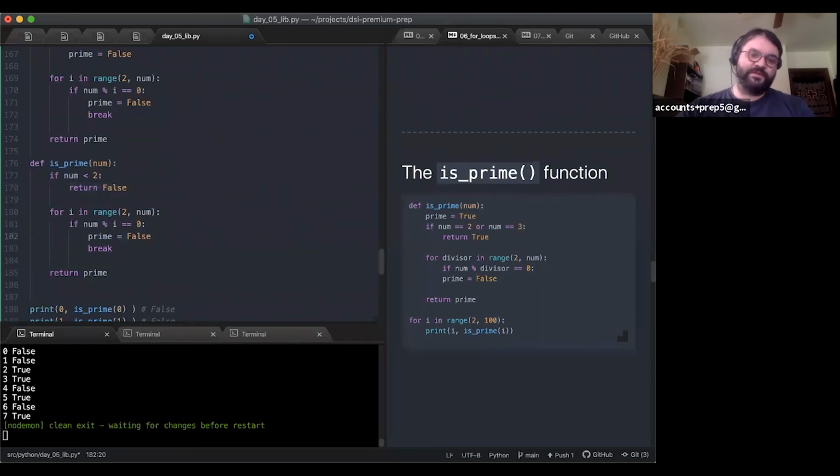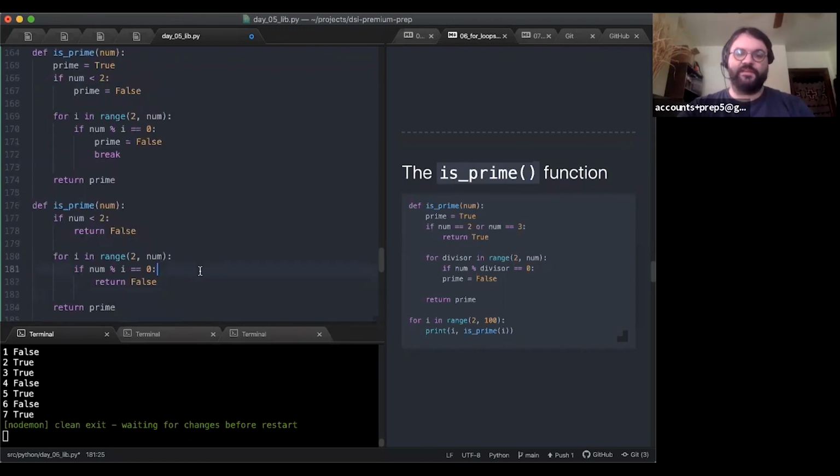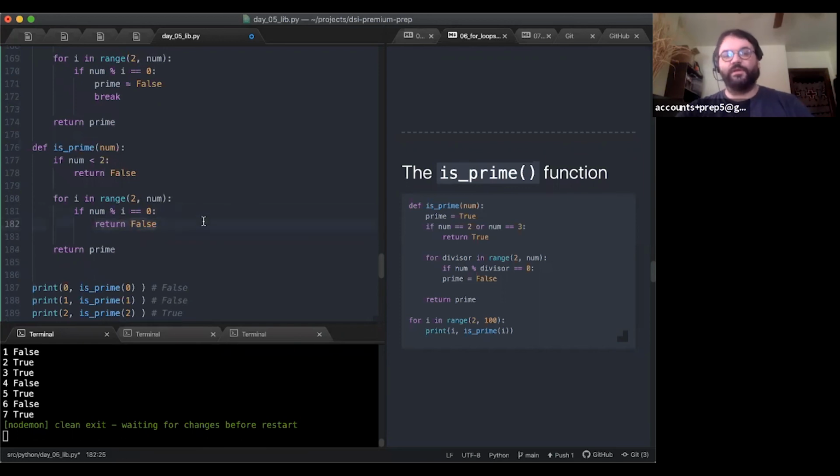Same thing here. We don't need to break. We can just return false. And that's a de facto break on the loop, right? Because even if we're in the middle of a loop, if we run that return, we don't do any more iterations. We stop looping altogether. If our number is not less than 2, and we loop through the range, and we don't find a value of i that's evenly divisible into num, and we don't return false, then we've made it all the way through this loop, then we can just return true, right? So this is my preferred solution for isPrime. Cool.